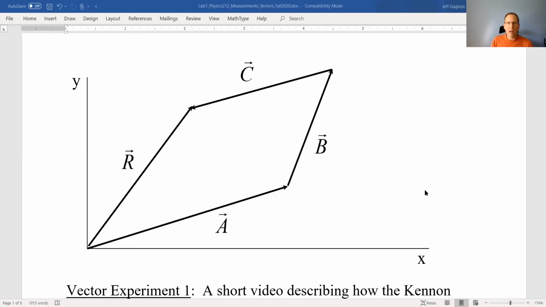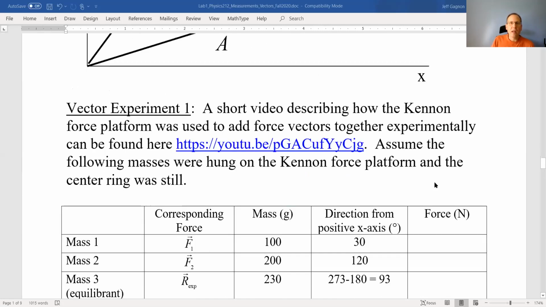Okay, so hopefully that made sense. I will talk more about this when we talk about some of the questions itself, like how to add these things graphically. So in this experiment,